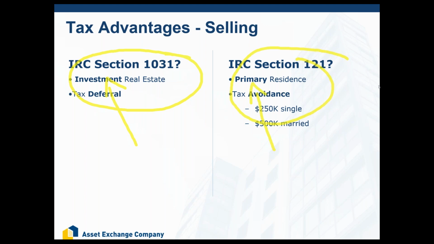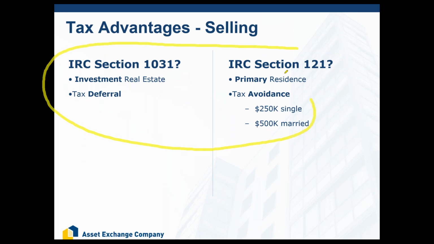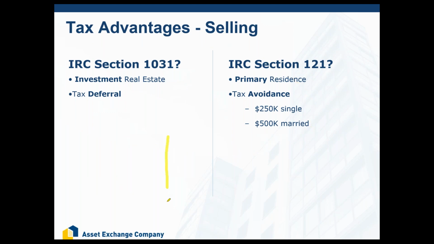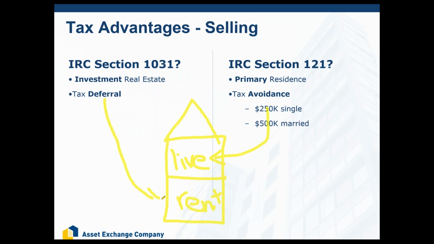But guess what? There are occasions where you can use these two tax laws together on the sale of one property. Let me give you an example. I have a client who right now is selling a 2-unit building for about $2 million. My client lives in the top unit and she rents out the bottom unit. She's selling that property and she is taking her homeowner's exemption on the value of the top unit, and she's doing a 1031 exchange on the value of the bottom unit that's been rented.